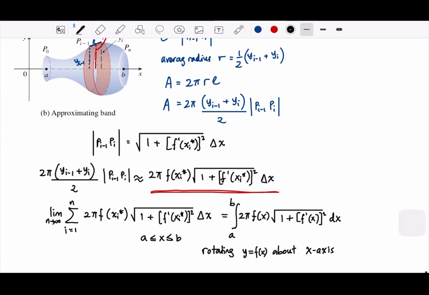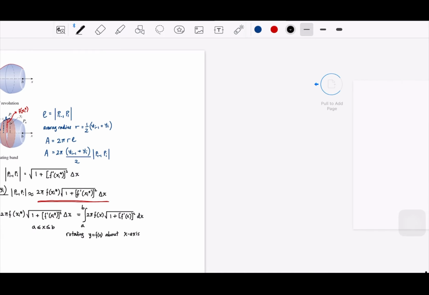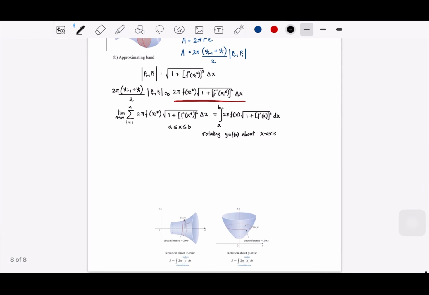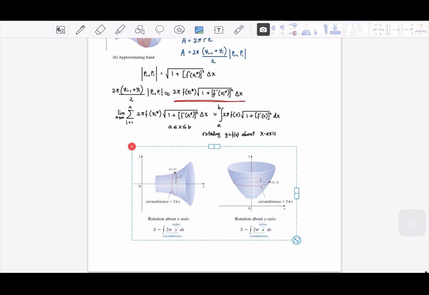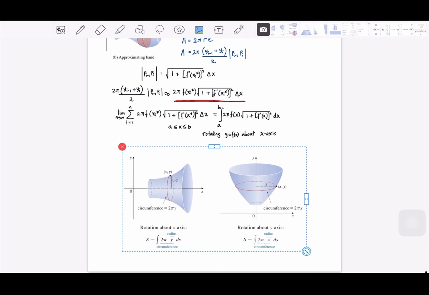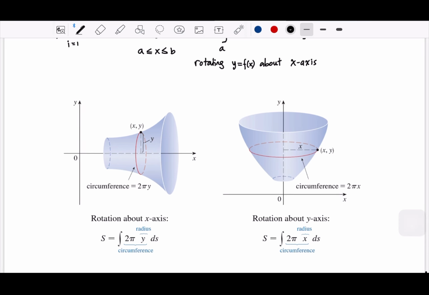Okay. Now, let me check whether I have another page. Oh no. Oh, here. This is the conclusions. So what we did is rotation about the x-axis. To summarize our surface area,